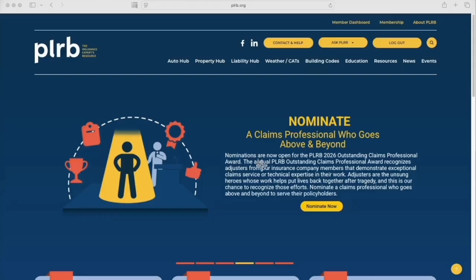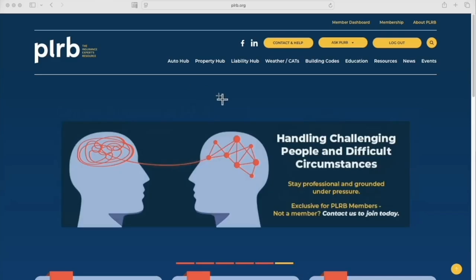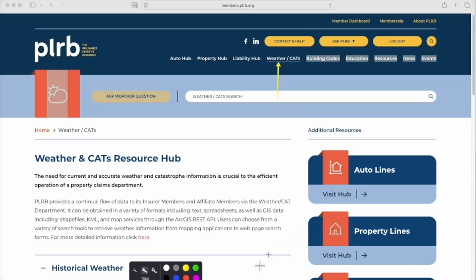How to navigate PLRB for weather reports and building codes. You open up your web browser and go to plrb.org. You log in, and then you want to go to the Weather and CATs tab. Now you want to scroll down,